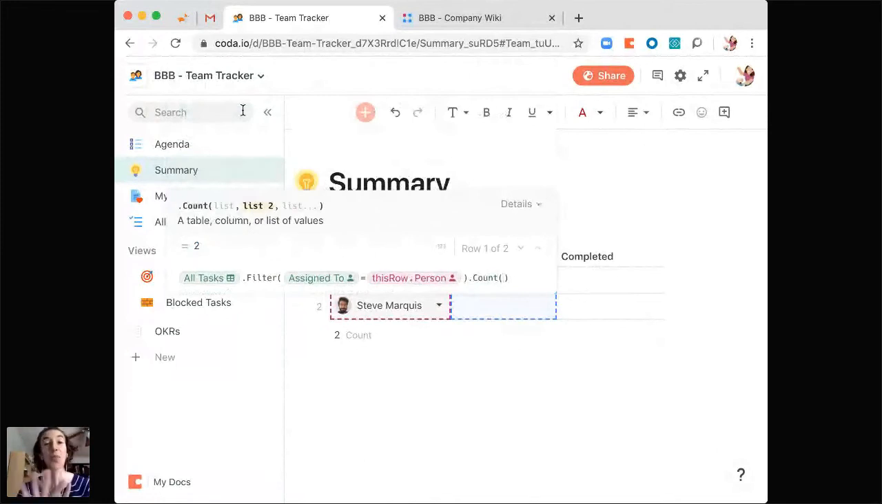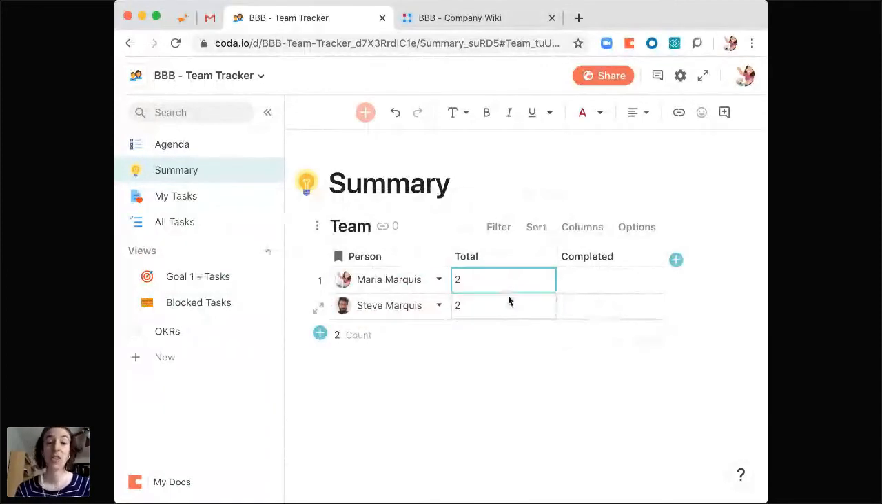So here, let's break down this formula. Again, it reads: which table do you want to calculate off of? Well, we want to calculate off of all tasks, then where the assigned to is equal to the person in this row, and then we want to count how many tasks that is. So if we press enter, notice we both have 2. Now, if we were to make changes, we could see that as well. And then we can even make more